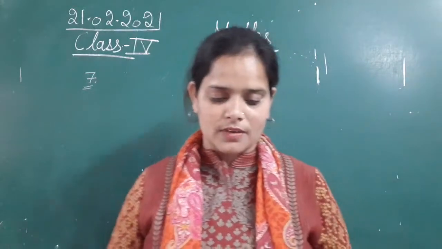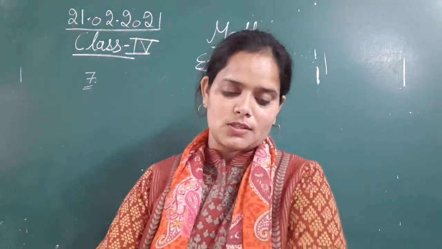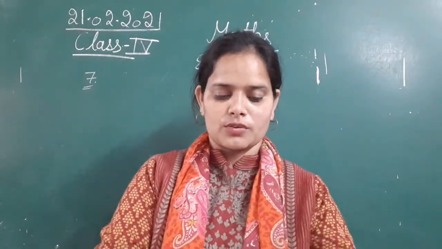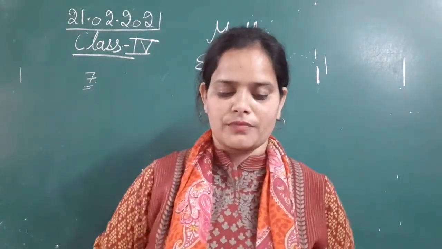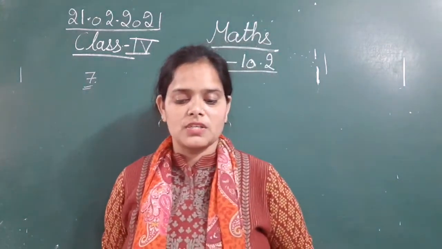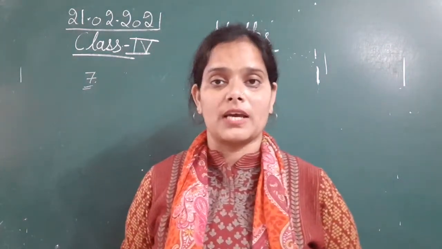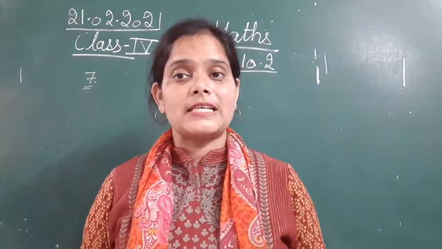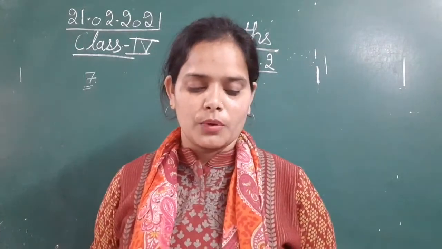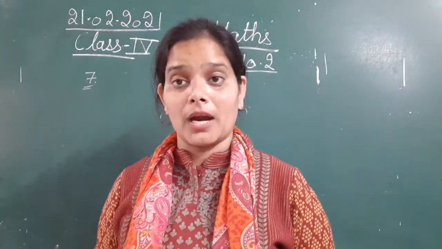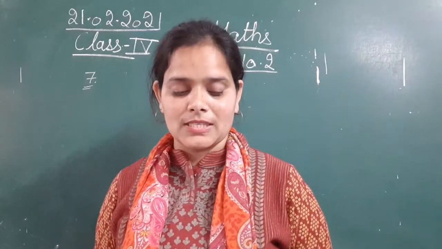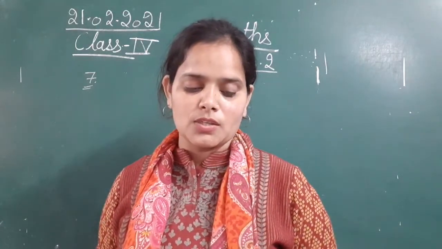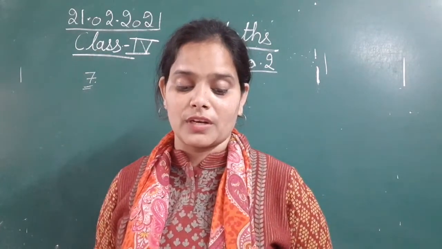Sum number 7 is: 1 kg of rice costs 47 rupees and 20 paise. Find the cost of 3 kg of rice, 500 gram of rice, 250 gram of rice and 200 gram of rice. Question number 7 is divided into 4 different parts, but the base for all the questions is the same, where they have given the cost of 1 kg rice.